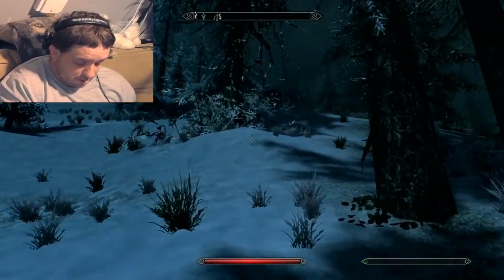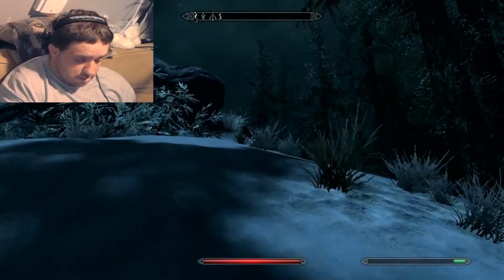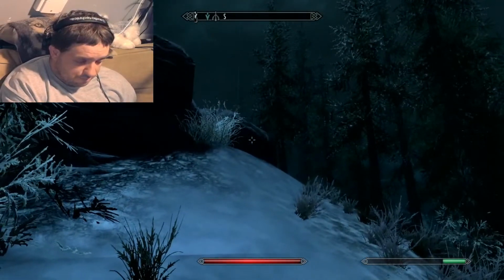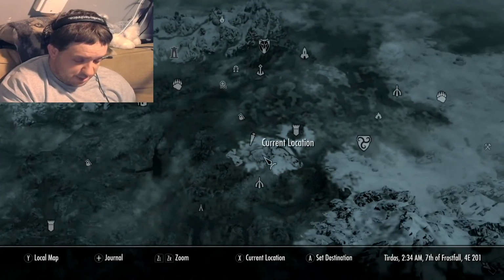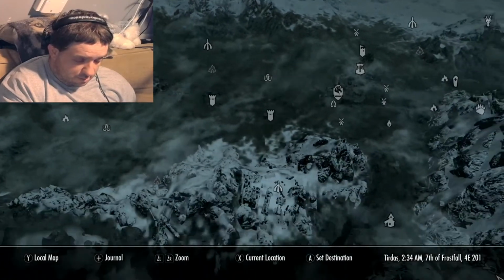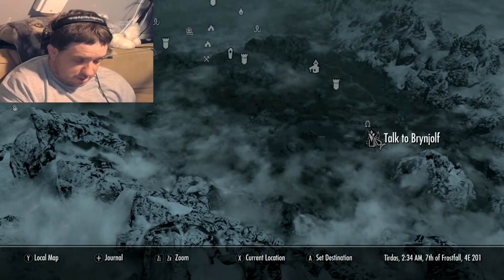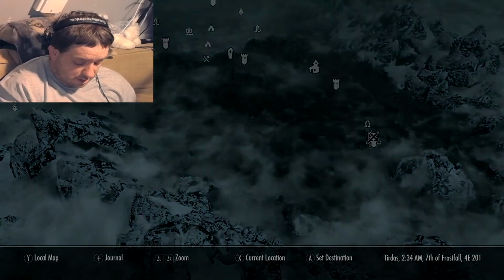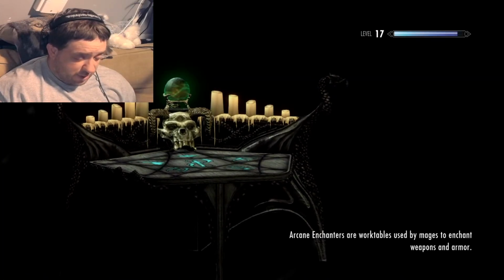Okay, try this again. Map. Riften. There we go. That was, I'll be one up on tomorrow.